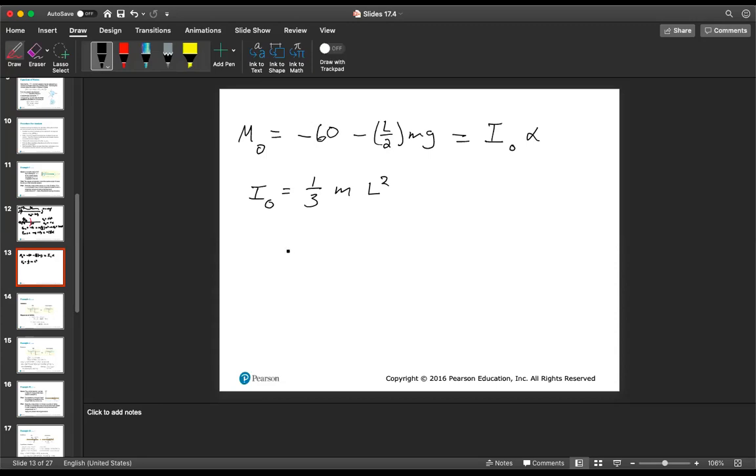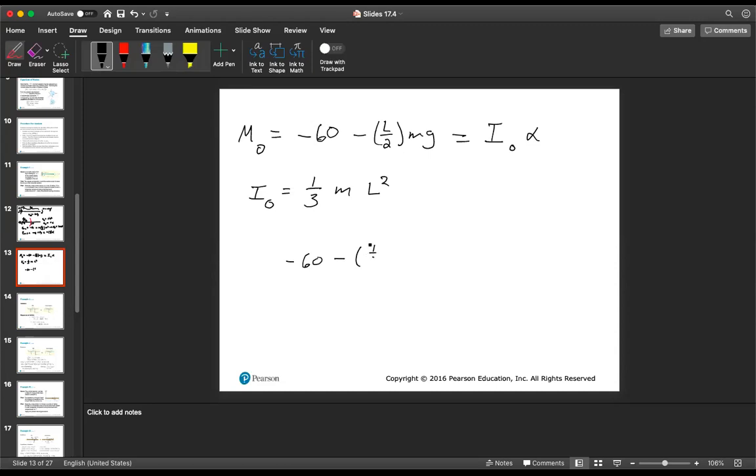Very good. So we know that everything on the left-hand side, we can solve for alpha. And then once we know alpha, we can back substitute and find the y component of that force generated at the pin. Plugging in my numbers, I get minus 60